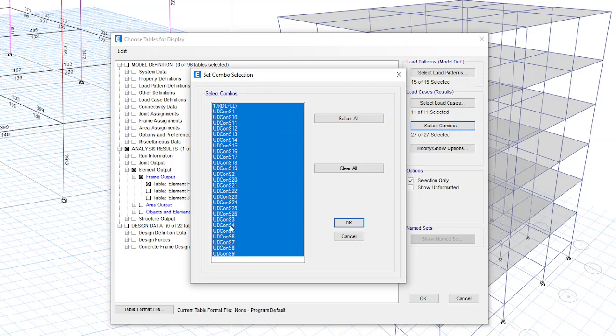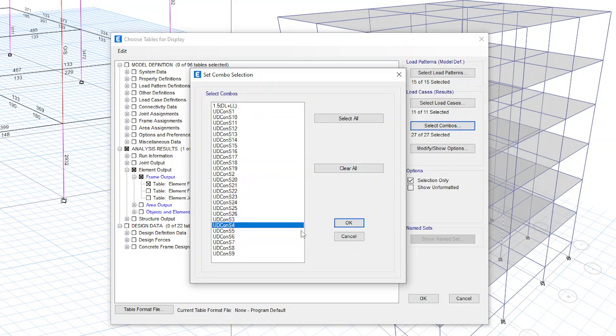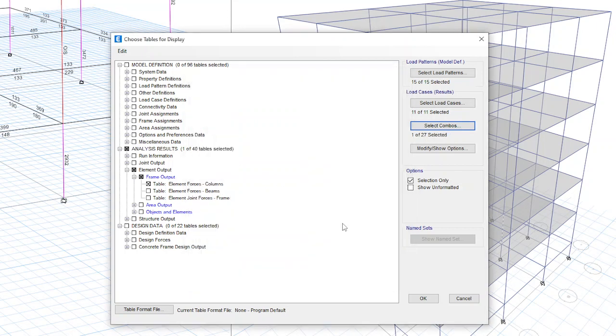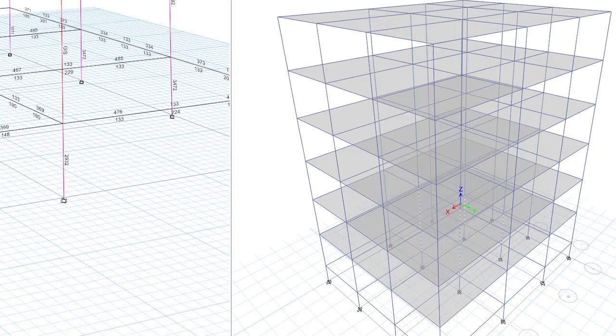If it is only one combination, like S20 or S24, just select it and click OK. Again click OK, and you will get the table result, the force table.